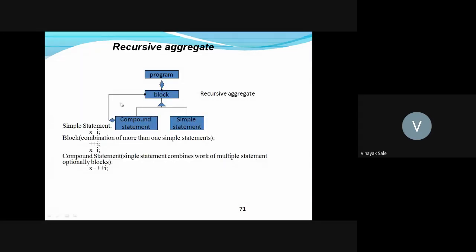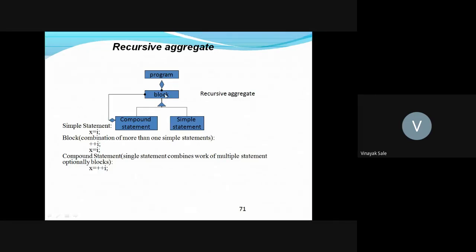So recursive aggregation. You have studied the programs of while loop, for loop, or do-while loop. When you draw the flowchart of any loop, the same flowchart is used here. A program has a block.